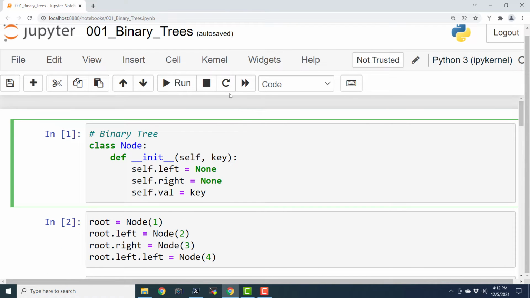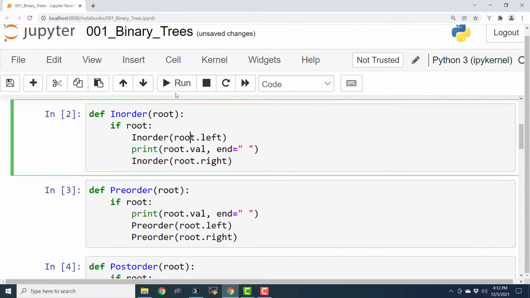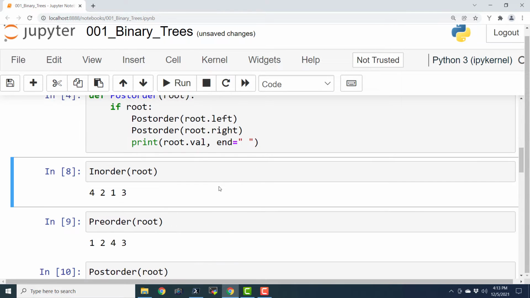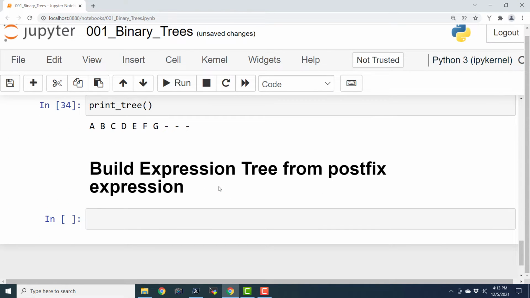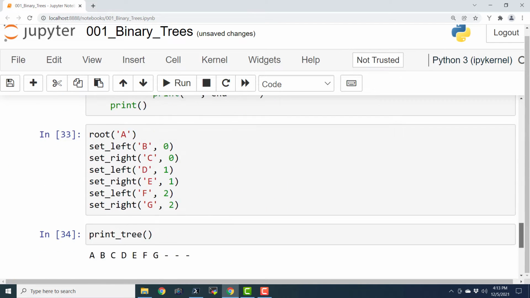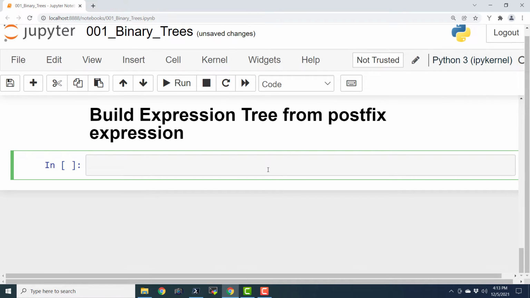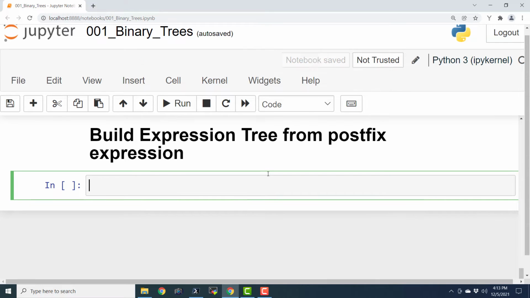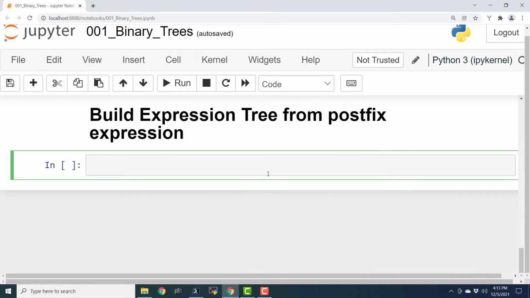So we have already defined a binary tree, and let us define in-order, pre-order and post-order traversals. We are going to use these 4 cells, the code that we have already written over and over again through this entire series. Now we already have a piece of code for defining the node of the binary tree. So now let us define a utility function that is going to return true if the value passed to it is an operator. That is quite easy.